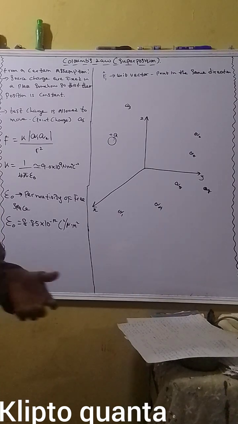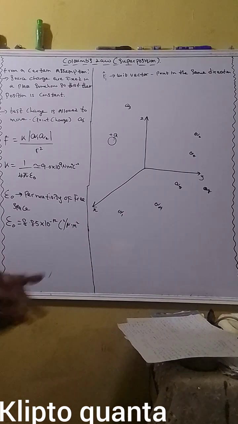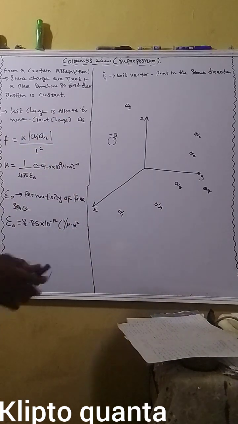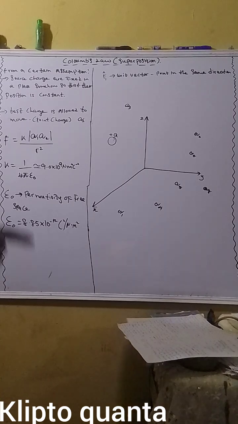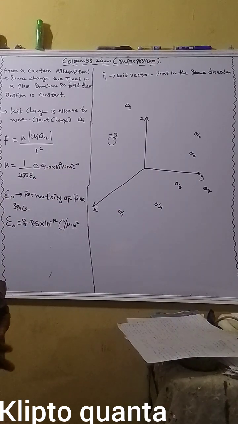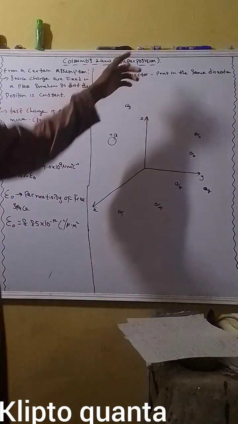Universal gravitation deals with only attraction, but Coulomb's law talks about both attraction and repulsion. Now, when it comes to the gravitational field, that mainly deals with the masses of objects, while Coulomb's law talks about charges. So there are some things we need to know before we move on to the principle of